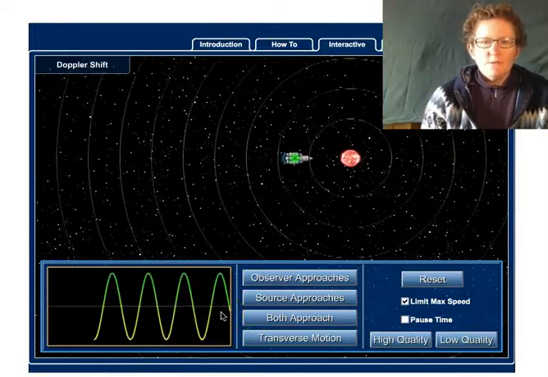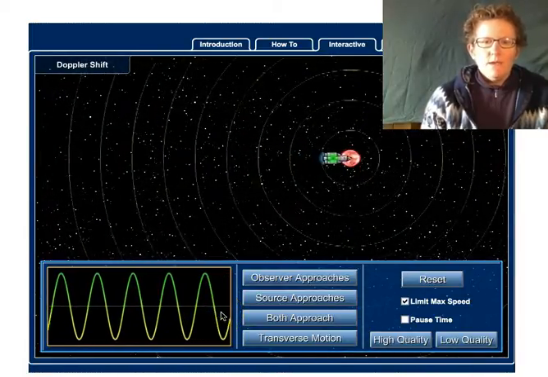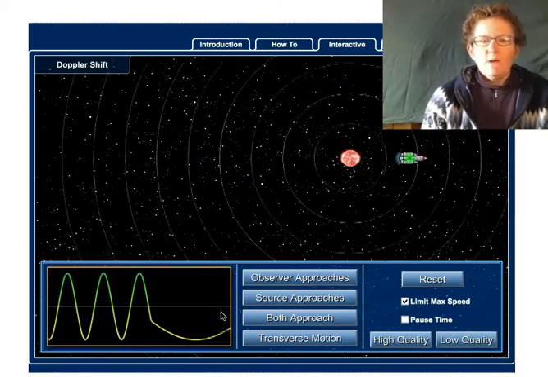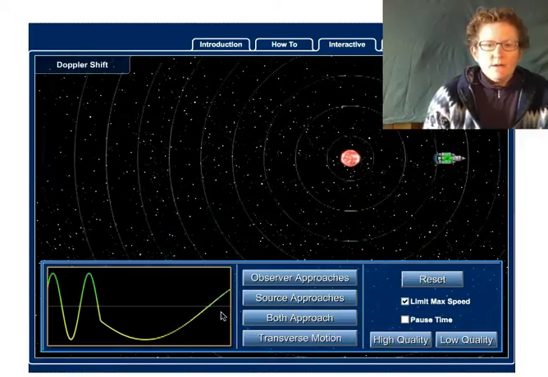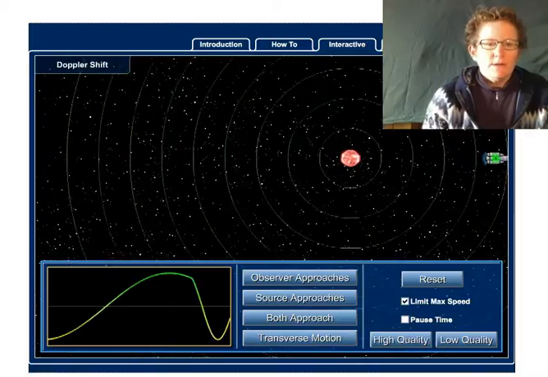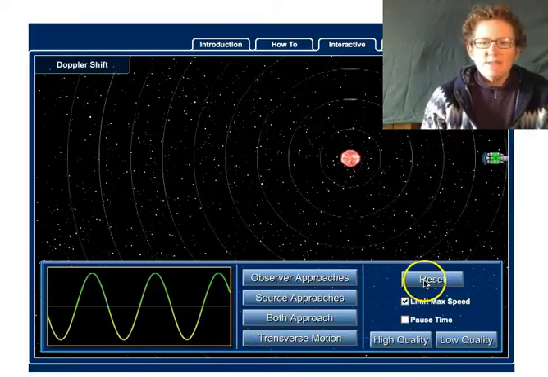So as the observer approaches, the wavelength gets smaller, and as it leaves the source, the waves get much longer. Okay, now let's reset